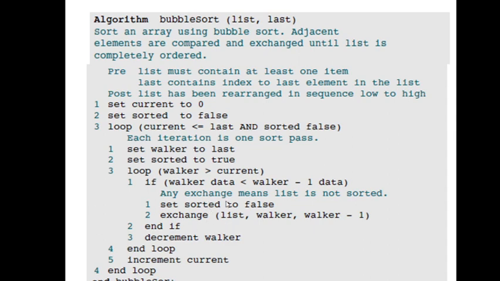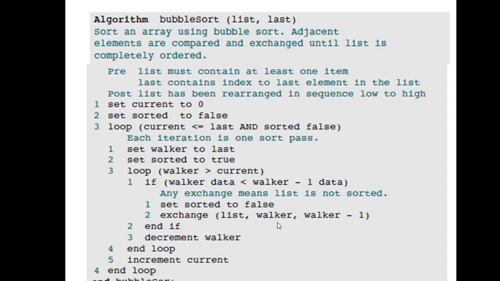So then it will repeat the process. In each iteration, it will keep swapping the numbers immediately if the smaller number is in Walker minus 1 position and the larger number is in the Walker position. This will be carried out for one set of iterations, that is n minus 1 iterations, and after that the outer loop will once again make sure that this gets repeated. So it will be repeated for n minus 1 times, and finally the list would have been sorted.